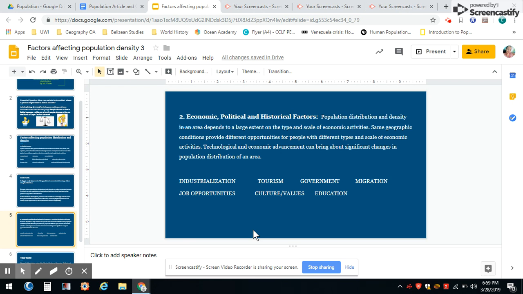The government, if the government is helping a community and is able to, you know, create policies that help